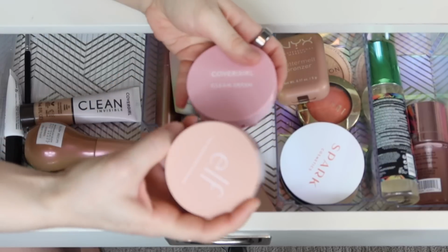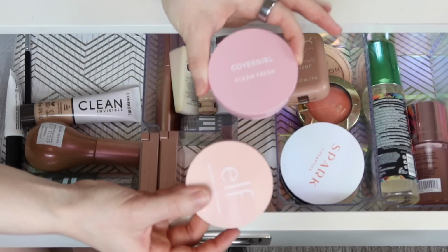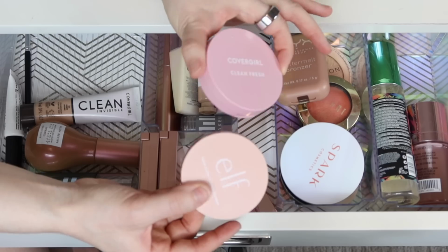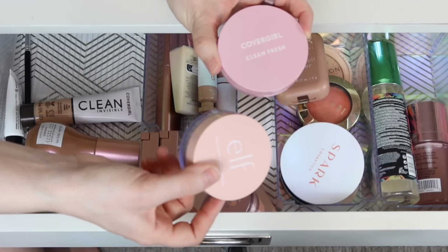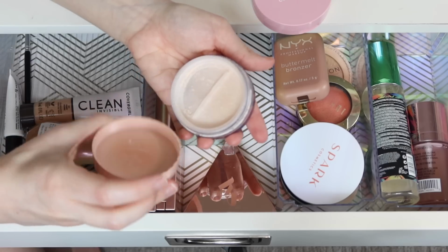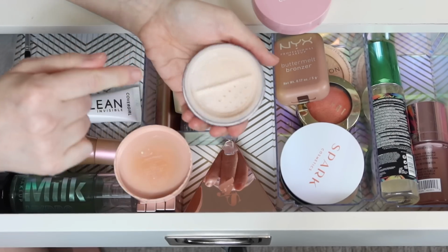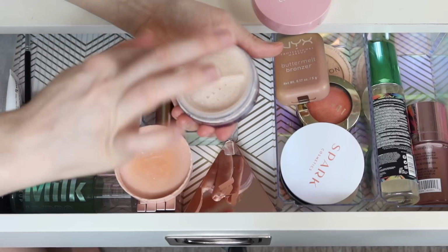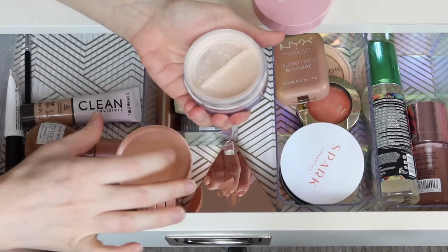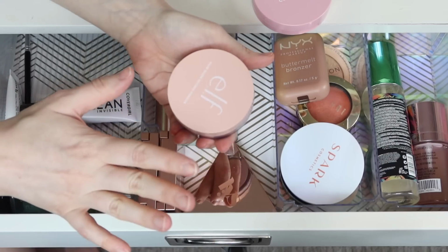All right, getting into some powders, I have really like my 2 favorites here. I think I'll put these both away for now. I'm not sure what powders I'm gonna pick, but this is the e.l.f. Halo Glow in Light Pink, which has been my go-to for the under eyes. I just love it so much. You can see it's not that pink. It really doesn't look that pink. It just has a really slight pinky peach tint,